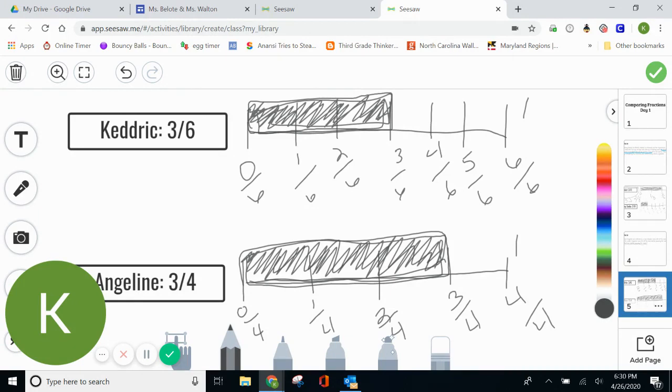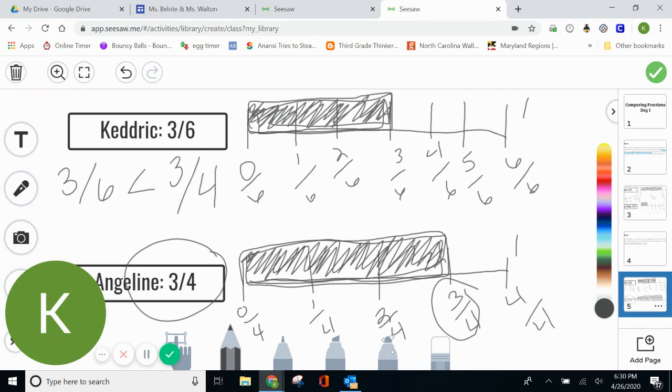When I compare these two pieces, I can see that 3/4 is a lot larger than 3/6, meaning Angeline ran further. I'm going to write my equation out like this. 3/6 is less than 3/4. Next, it's going to be your turn. If you have scrap paper to use, draw out your number lines to create the fractions that you